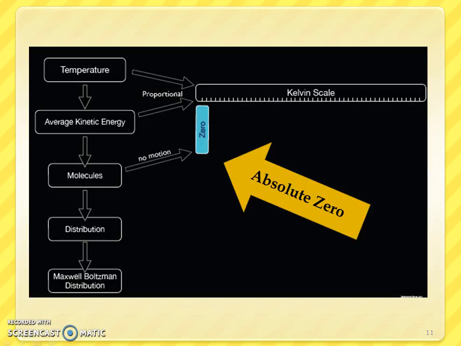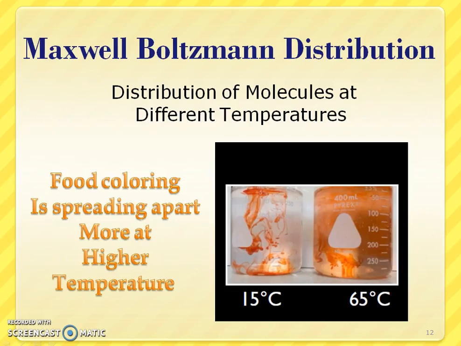Again, he gave you some flow charts, and he talked about that absolute zero, which is 0 degrees Kelvin, something we haven't attained yet, but we're in the process of doing, and hopefully we'll be there soon. I know that we're within a few degrees of zero. So he also talks about the Maxwell-Boltzmann distribution, and we're going to talk more about this also in later chapters, but it's just, how do these molecules distribute? How are they going to distribute at different temperatures as well?